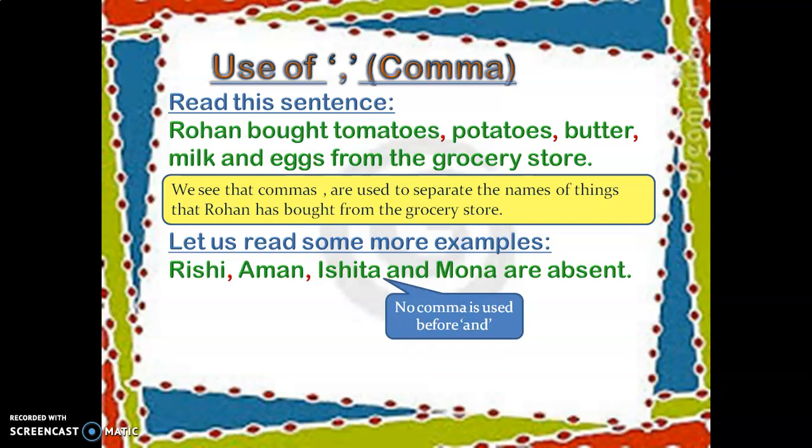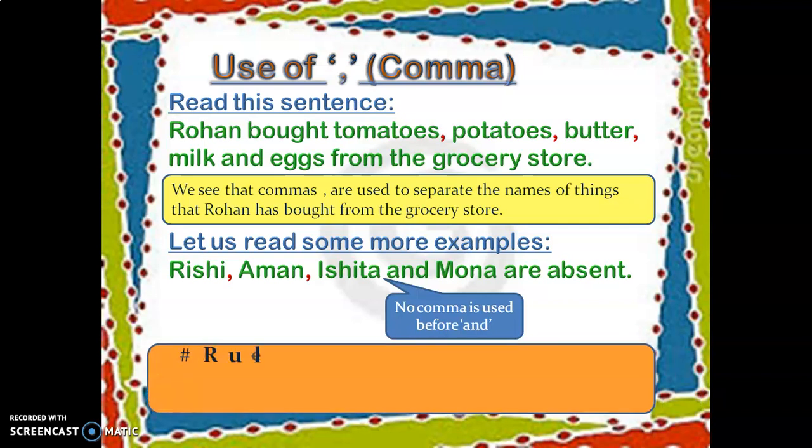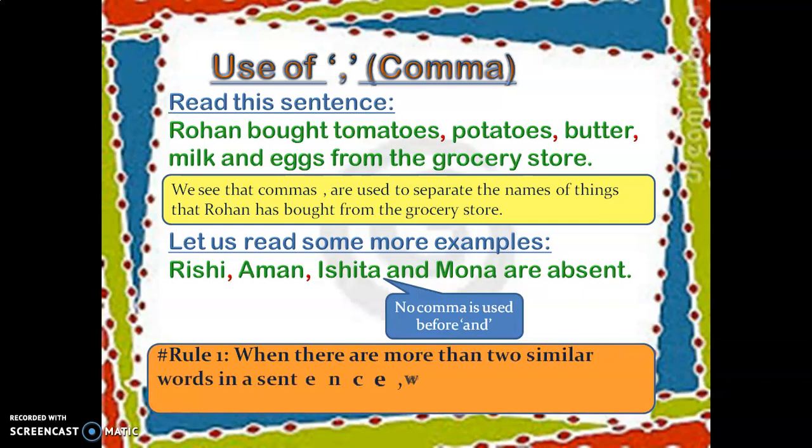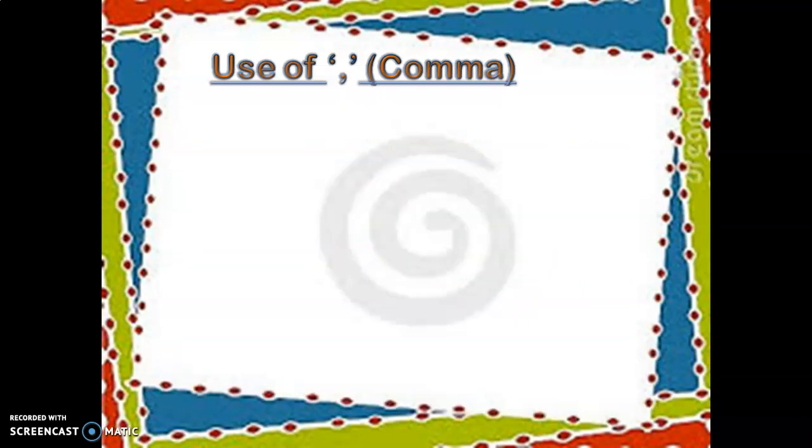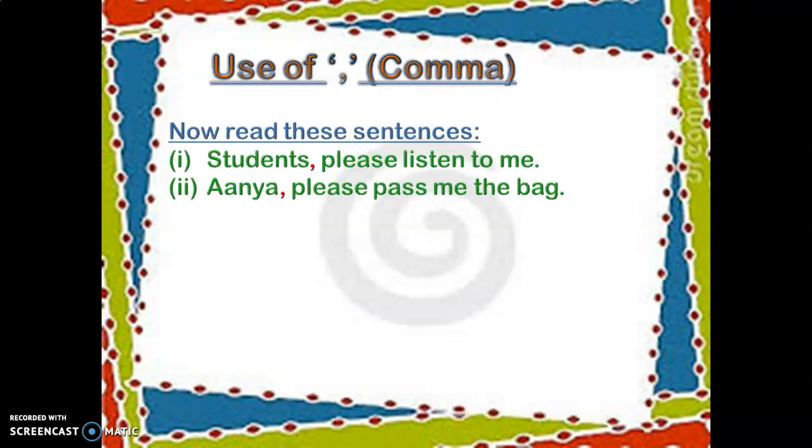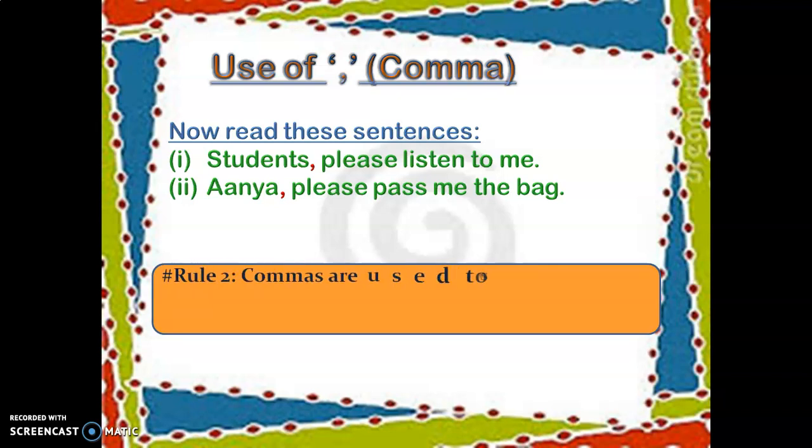Here, Rishi, Aman and Ishita, between them a comma has been put, but before "and" no comma is used. So rule number 1 regarding the use of comma is: when there are more than two similar words in a sentence, we put commas to separate them. The second thing regarding the use of comma which we need to know is,